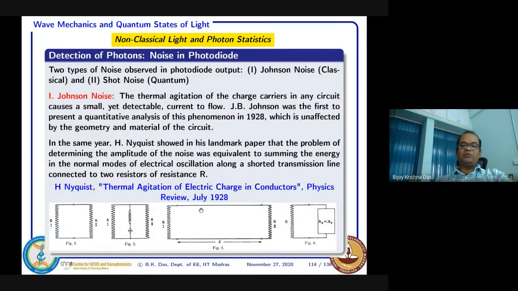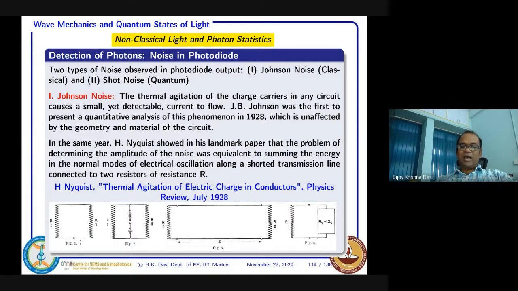Similarly, any power wanted to transfer here, so it is some certain ideal situation considered. So in that case, what can happen? Some energy, the thermal agitation taking place, that information will go here, and similarly thermal agitation will come here, and that will be absorbed here. So this particular situation can be considered also at a distance, right?